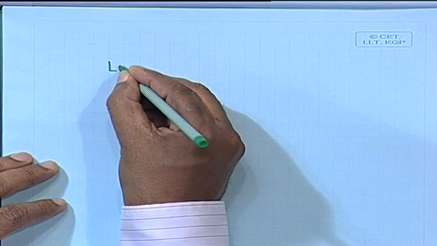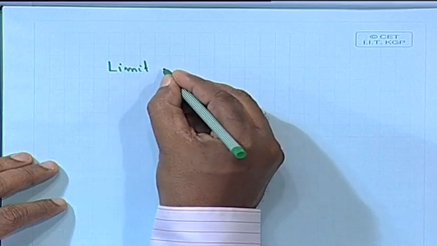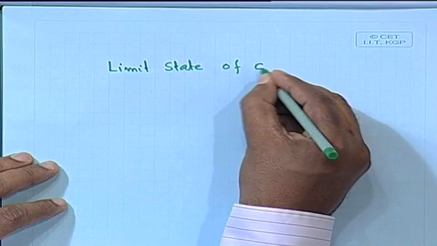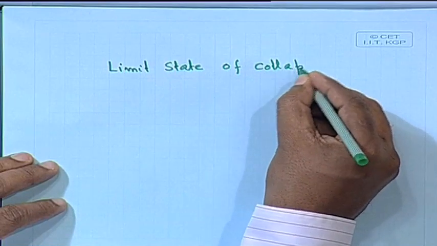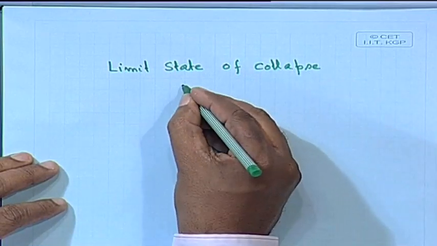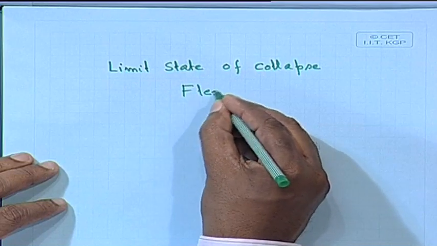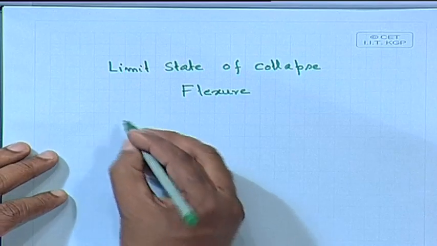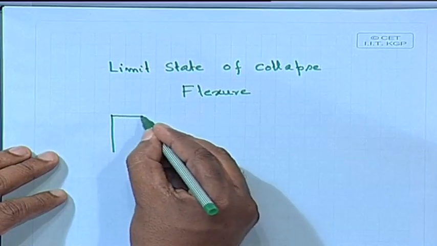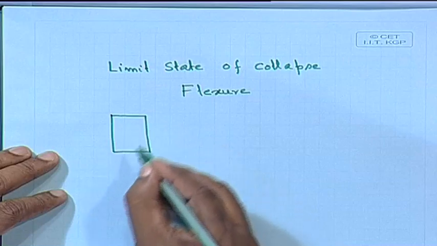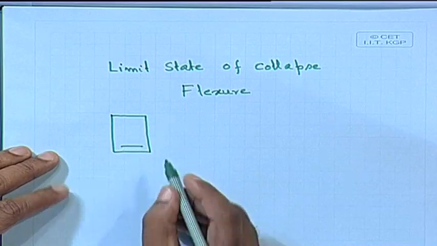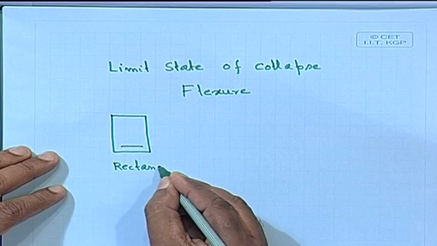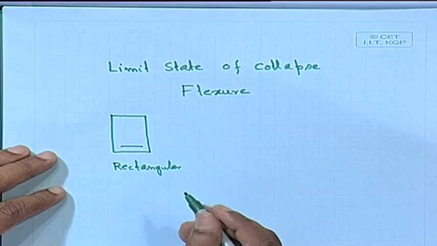We call it limit state of collapse. We are considering only flexure, only bending. So far we have taken singly reinforced section and rectangular. Singly reinforced section and rectangular. It is possible